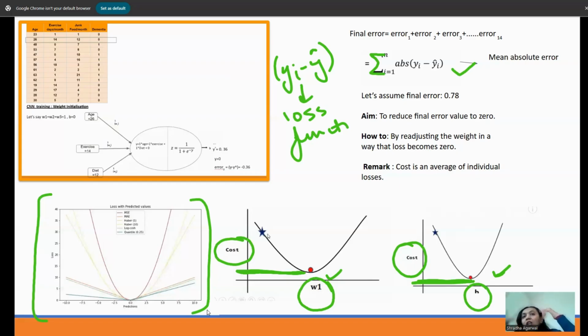Now you want a logic that somehow you are able to have this loss function and train it so that your W1 and B1 come such that your loss function becomes 0 or is at a very, very low point. Does it make sense? This is how it is happening. The idea is to be able to reduce this loss function.